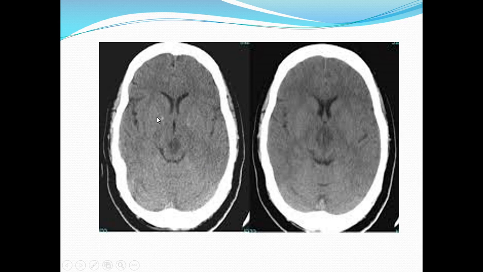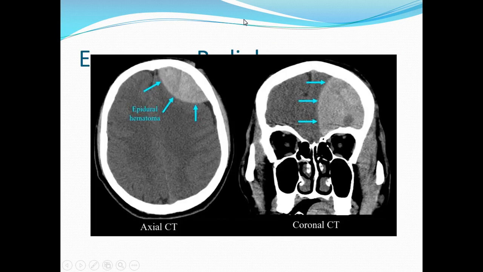Then sometimes you see the symmetrical things, hyperdensities in bilateral basal ganglia but are symmetrical. Both sides are same. This is the normal brain and this is the abnormal. You can see the basal ganglia calcification. These are the benign findings, and the basal ganglia calcification can be benign but can be an indicator of some pathology like chronic liver disease, like pseudohypoparathyroidism, like oxygen intoxicity or some drug poisoning. So the consultant will evaluate further what type of pathology he or she might have.